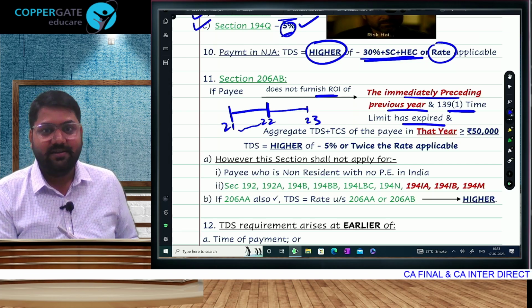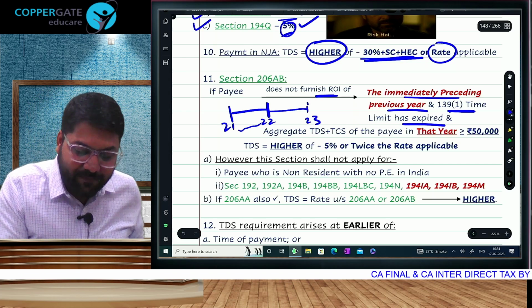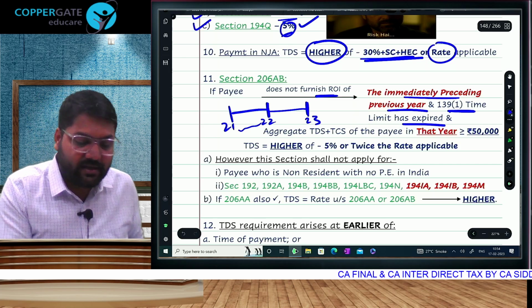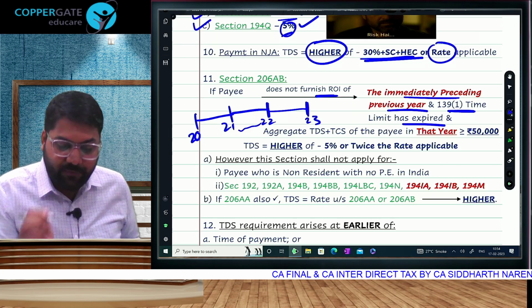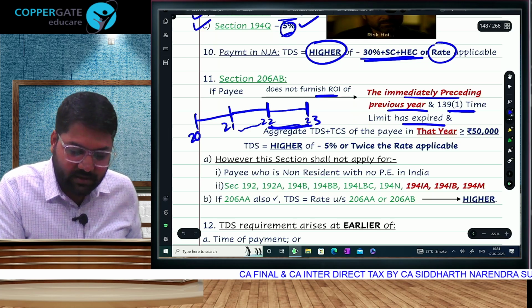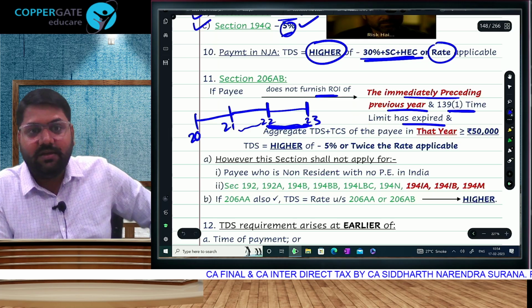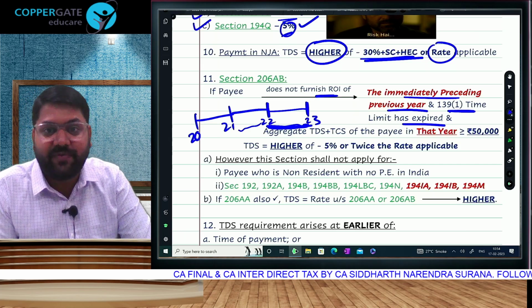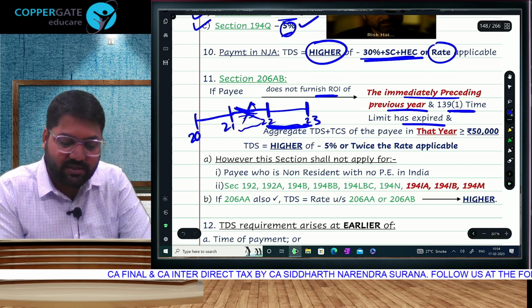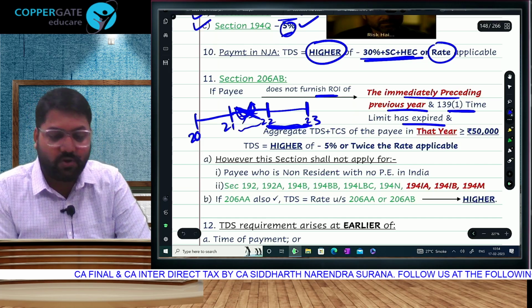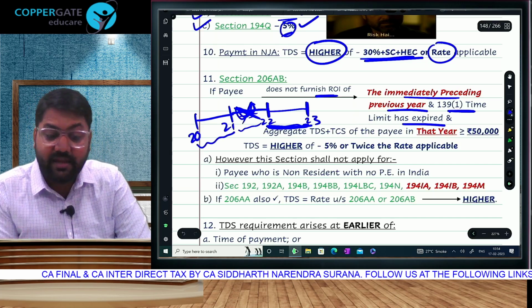Please understand. So when we are making any payment in 22-23, we are going to check 20-21. Because if you observe carefully, this is my exam year. Any payment made in this year, I have to check whether the payee has filed return or not. I can't check for this year because its due date has not yet gone. So I will check this year, and now only 1 year.